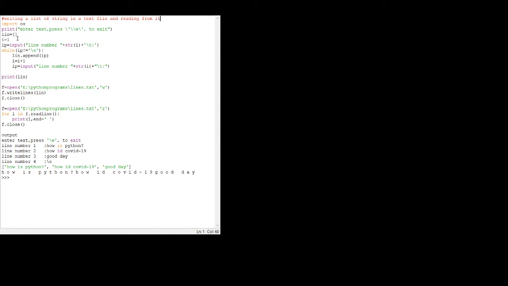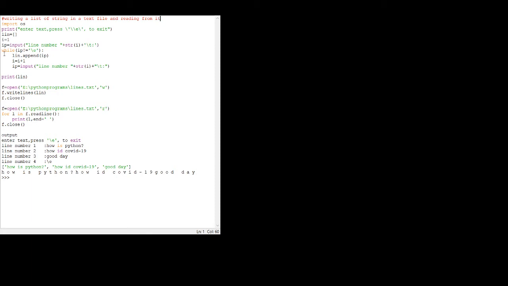We create an array, a list. The name of the list is len, a short form of line, something like that. i is equal to 1. Now I want to enter a string: ip = input, line number 1, then the string, and a tab, so the space should be there wherever you put the string.